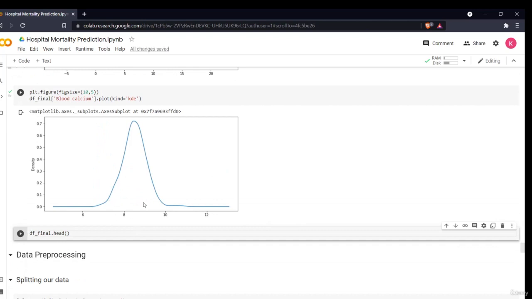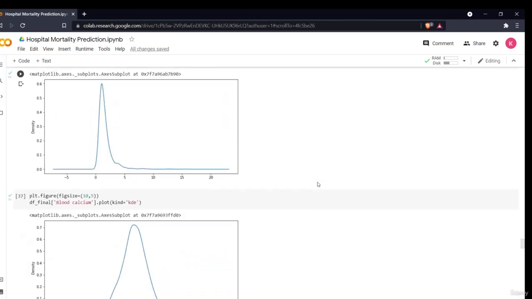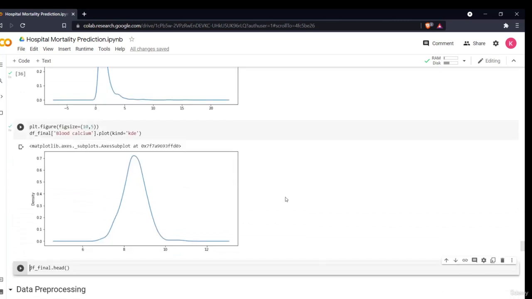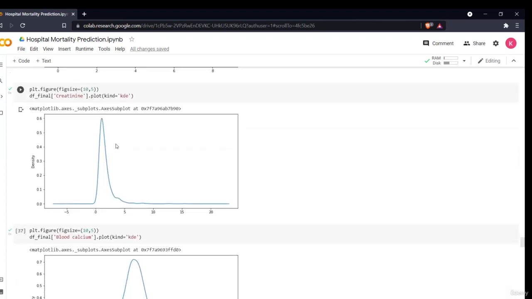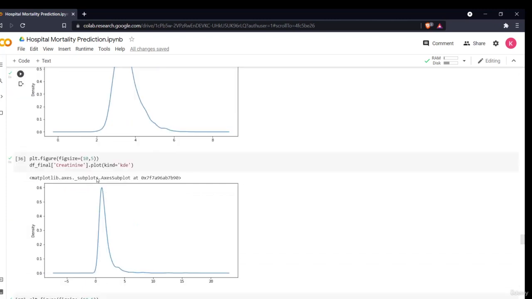Basically these are some analyses you can use if you want to create a report, or to say what the basic health conditions of my sample population are. This is what data analysis is for: to visualize your data and draw some insights. We can see my sample population distribution on the basis of different properties like blood calcium, BMI, creatinine, or the RBC count, all of these things.